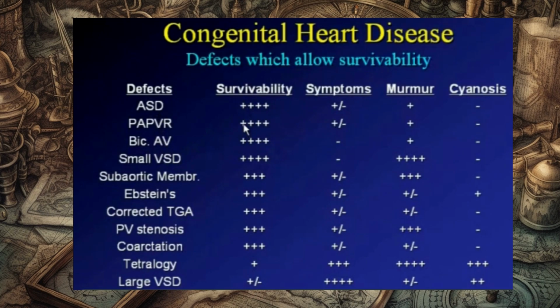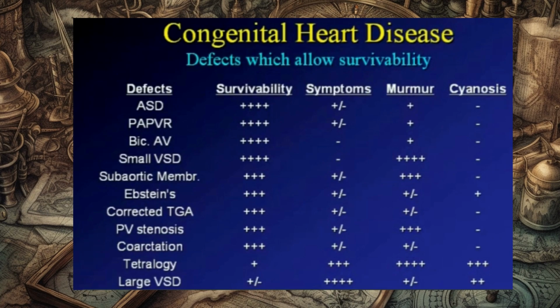And in general, as you look at symptoms, obviously those that have high survivability have fairly low or absent symptoms, and those that have a lower survivability generally have a fairly high degree of symptoms. Murmur, interestingly, isn't a great determinant. You can have defects which have a fairly loud murmur and yet have very high survivability. So evaluations for heart murmur may or may not be helpful in determining what the defect is